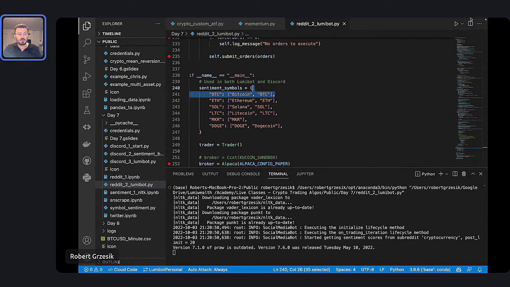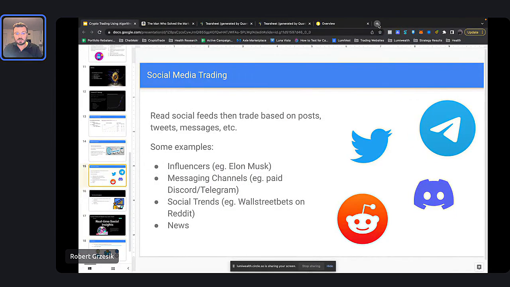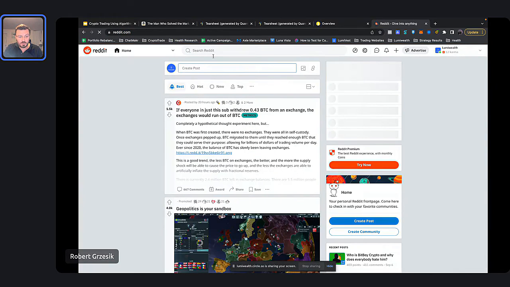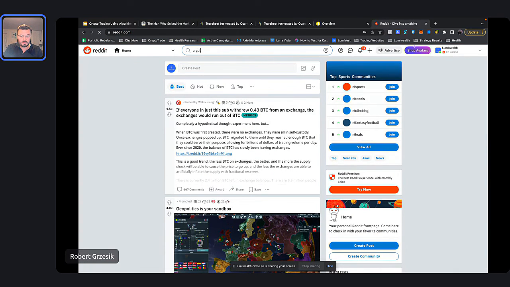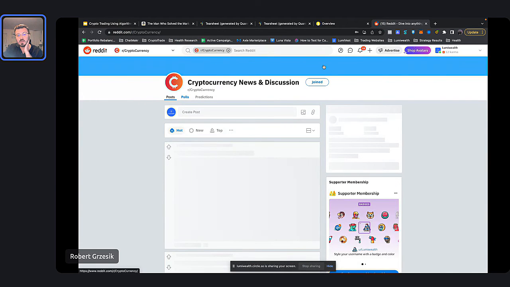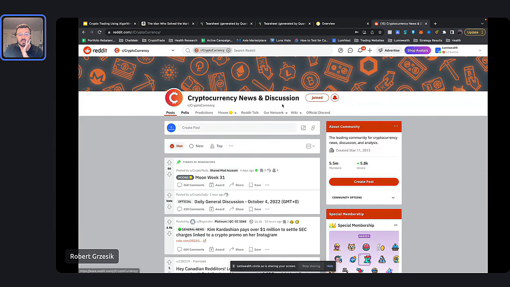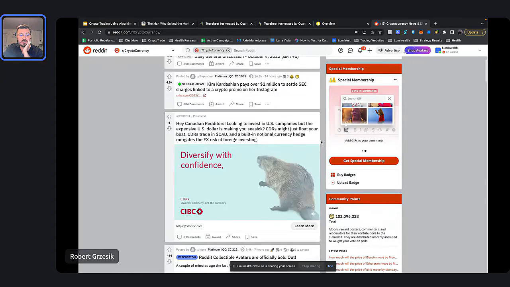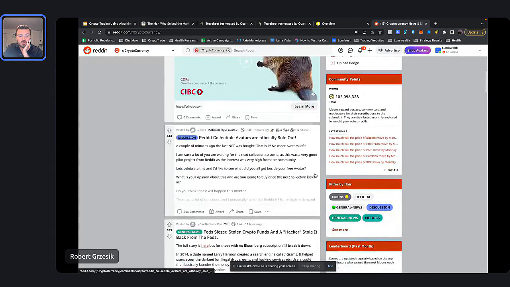But in our case, we set it up specifically to read Reddit. And specifically on Reddit, it goes to the cryptocurrency subreddit, right? So if you go into here, crypto, our cryptocurrency. So basically this bot is going to go into here and it's going to read text. Very cool, right? It's almost like artificial intelligence. In this case, we're not using AI. We're doing a very much simpler technique than that, but you could use AI to make it even smarter. And basically what it's going to do is it's going to read through each one of these comments in here.